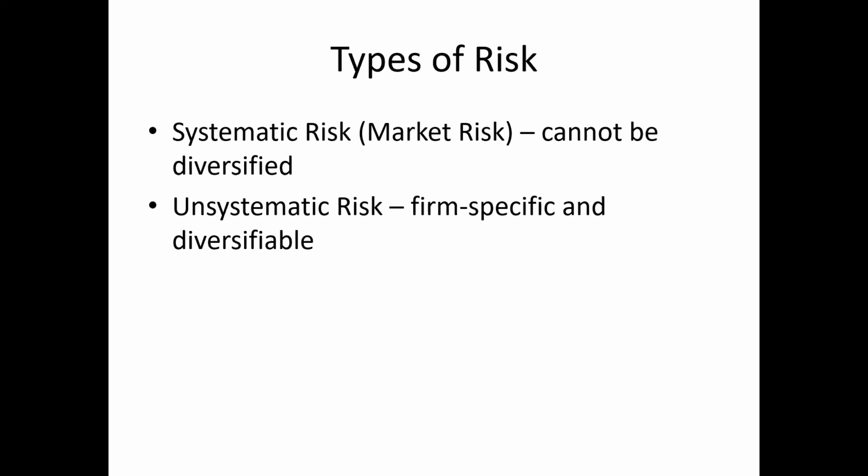We have types of risk. We have systematic risk and we have unsystematic risk. When we talk of systematic risk, which is also market risk, it is a risk that affects the whole economy and it cannot be controlled. It cannot be diversified. So if interest rate is low, there's nothing you can do to diversify it. If inflation is high, what will you do? It will definitely affect you, but you can't do anything. Exchange rate becomes very high, and there's nothing you can do about it. It affects every investment.